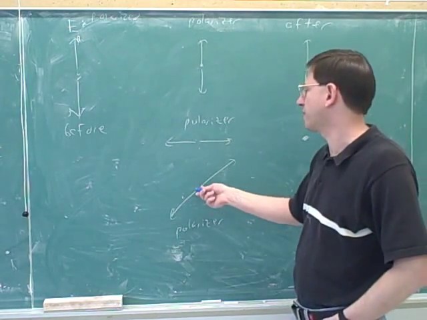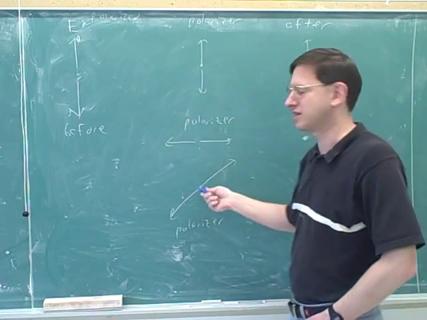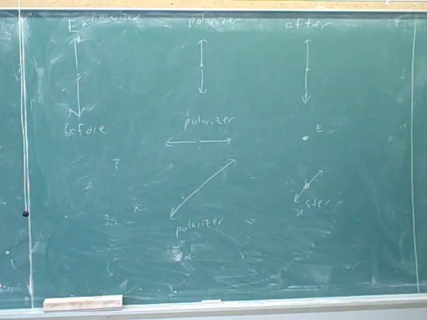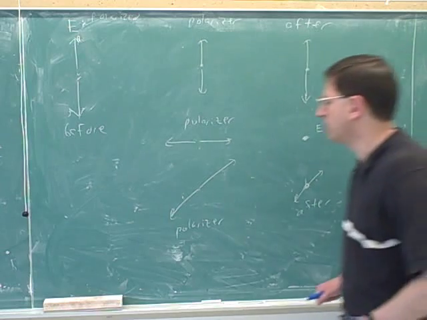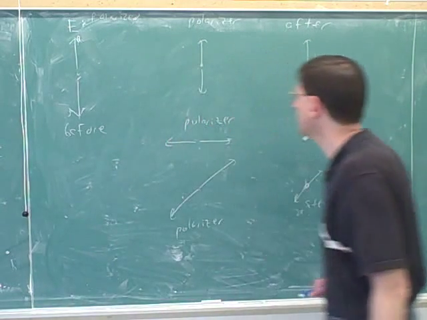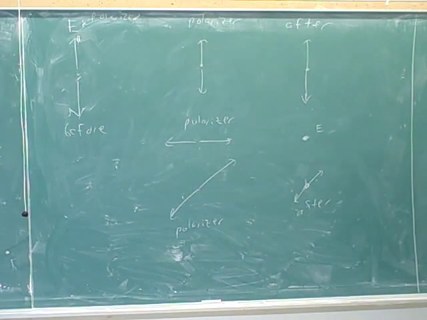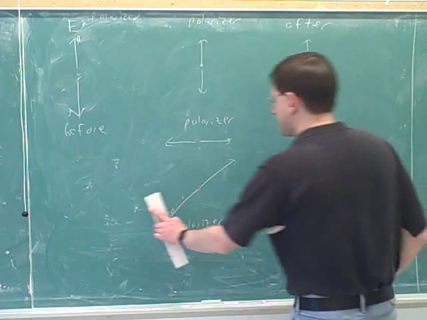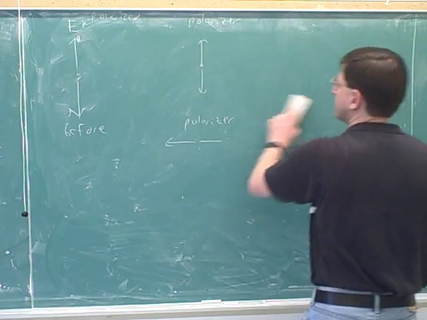Here, there's one component that's parallel to the polarizer and one component that isn't. So you get one component that gets let through. Okay, so these are all the different possible cases that you could see. So we can do a couple examples here. So let's say, before we get quantitative,